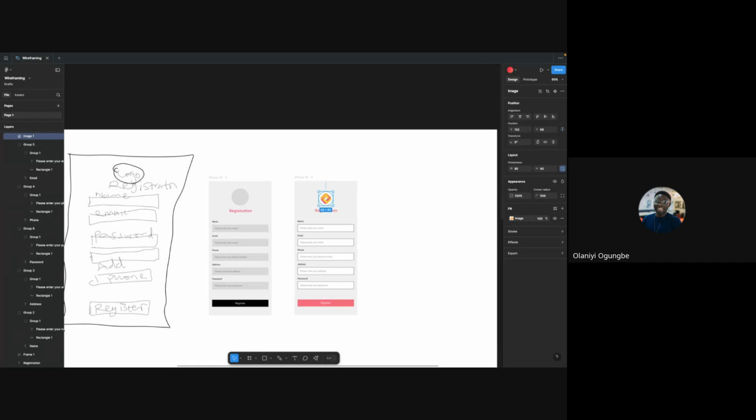But if you cannot do that, that's why I suggested using a drawing book. If you have so much time on your hands, by all means, you can draw the size of a mobile phone on your drawing book. But if you are using Figma, of course you can use a frame to do your low fidelity. But I just prefer sketching for my low fidelity. You can decide to make your low fidelity fine.